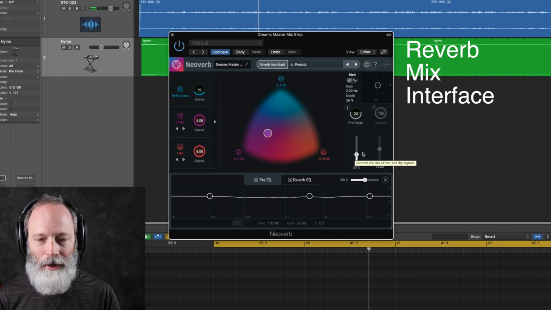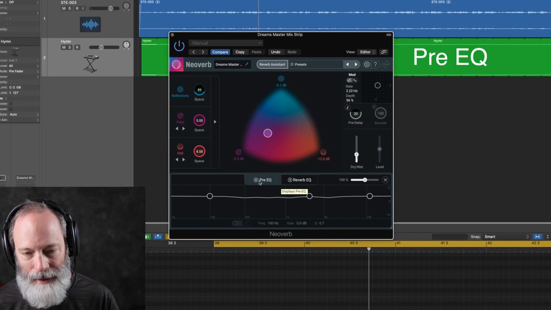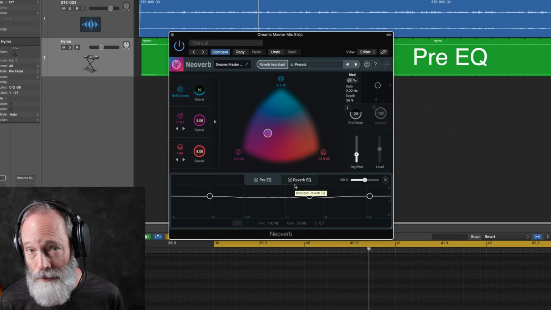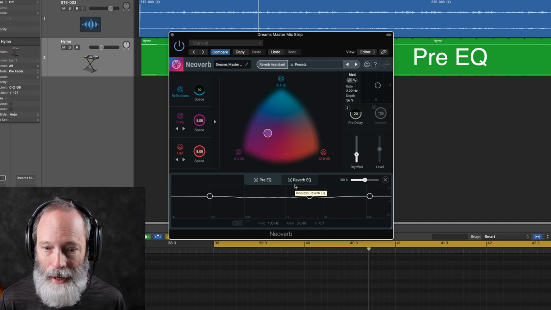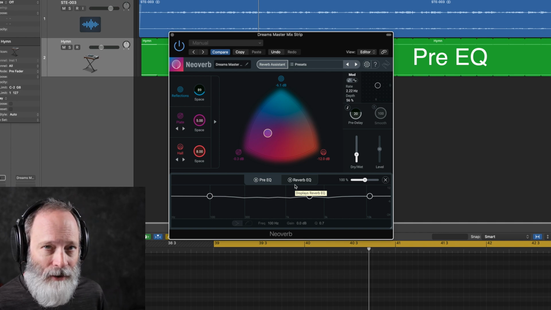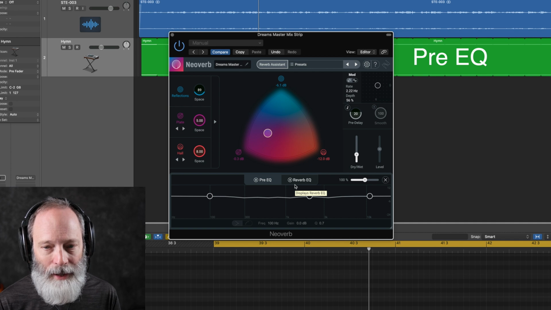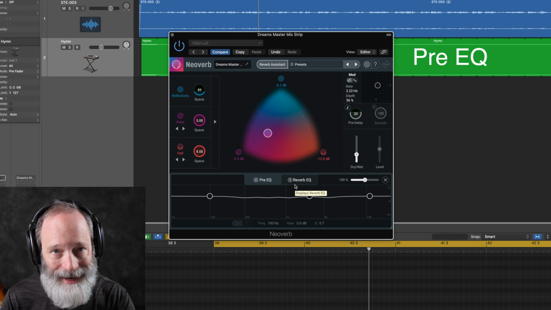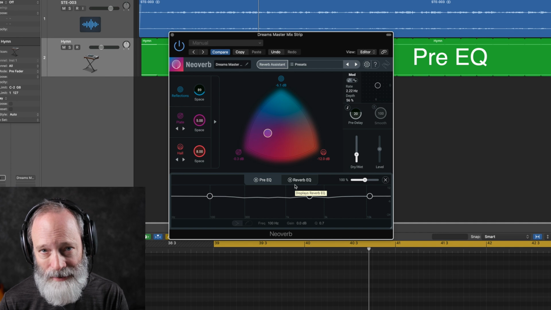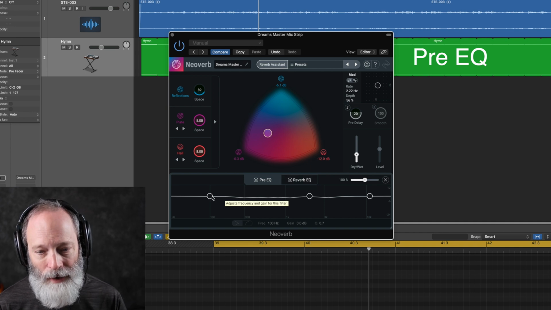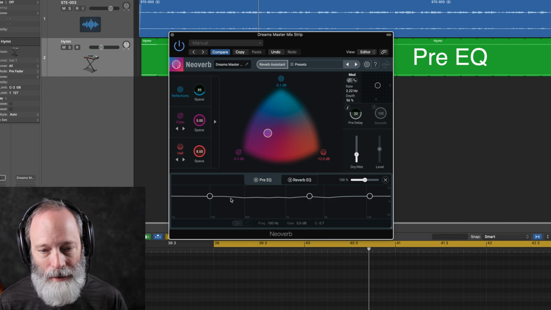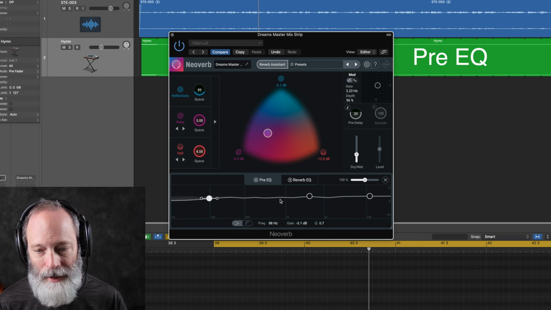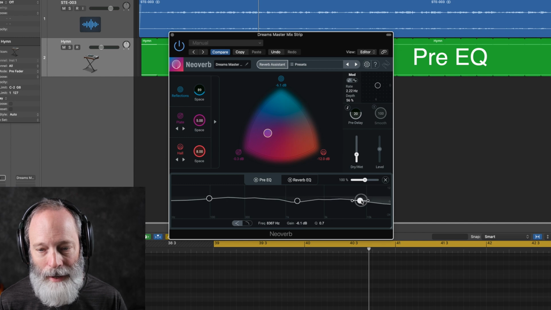Oh yeah, very nice. All right, let's talk about EQ. There are, again, two kinds of EQ. There's the pre-EQ, and that is the signal. It's not your dry signal, but it's the signal that's going to go in to the reverb processing unit itself. And you've got three sliders here, right? So you've got your low cut slider here, an EQ in the middle, kind of a band, and then you've got your high cut on the